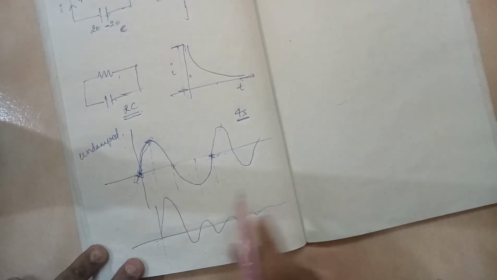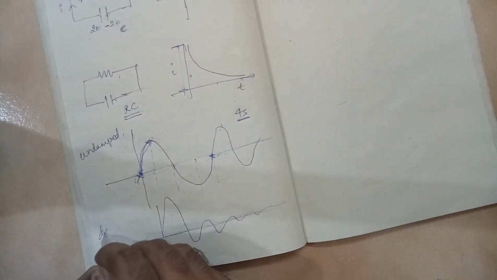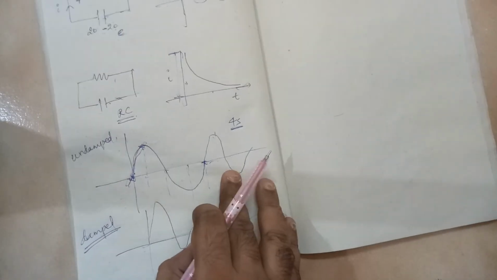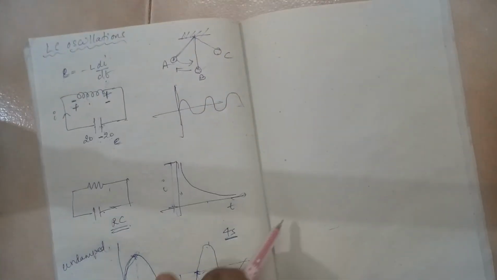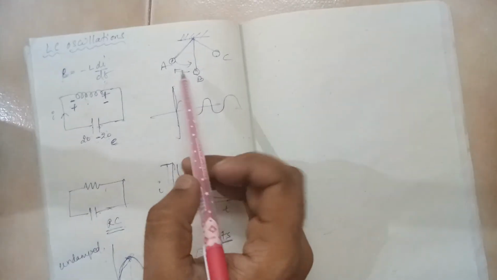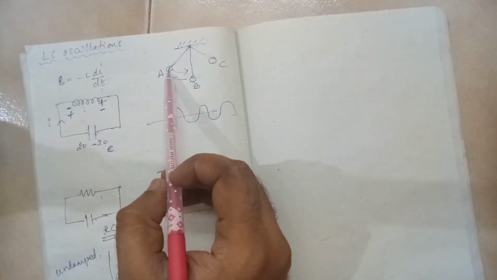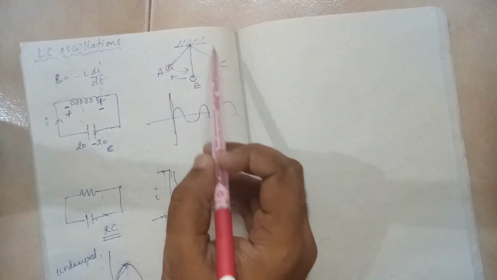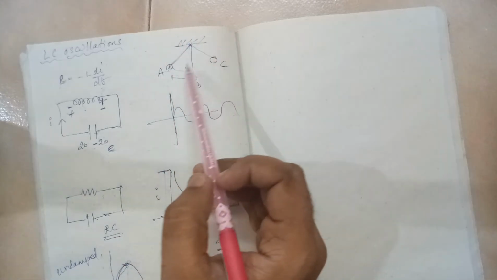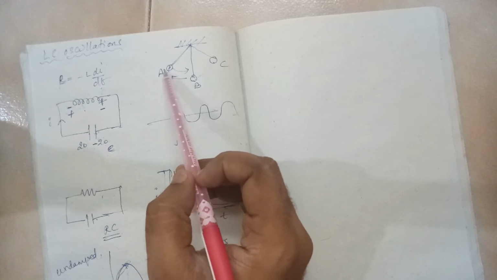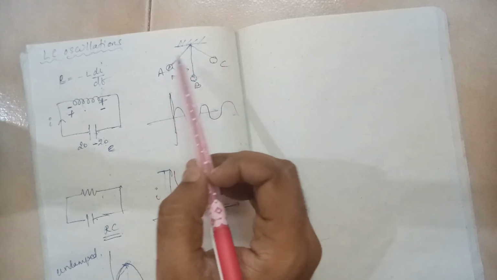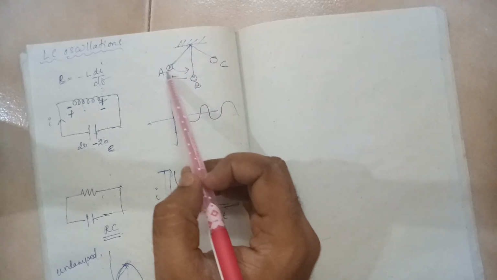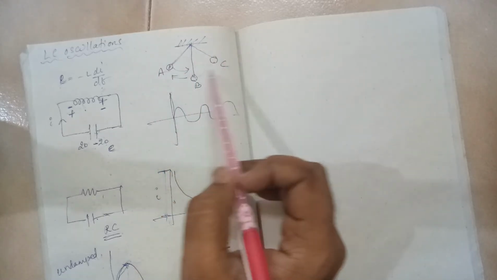It will die down. Now this type of oscillation is called damped. Why does it die down? See, when you release the bob from here, let us say this is an ideal condition in some vacuum. From A to C and C to A, let us say it takes 4 seconds.